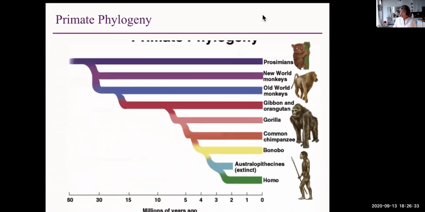If you were to look at our primate phylogeny, we're looking at, in this case, all current, except for Australopithecines. They're extinct now, but these are all current existing species. And we can tell by comparing our DNA how closely related we are. So it turns out that the bonobo, which is a kind of like a chimpanzee recently discovered in the Congo, is the most closely related to Homo sapiens, that's us. And the Australopithecines were also very closely related.